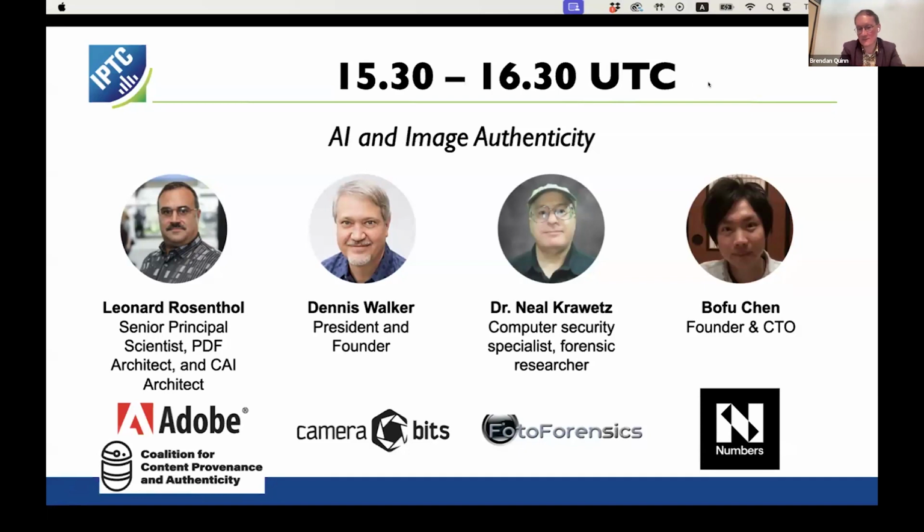Maybe just going straight back to Bofu, I think one of the obvious questions about something based on blockchain that handles images and image metadata is the scalability question, and whether someone like Getty Images or Associated Press or AFP could put all of the images onto a blockchain.